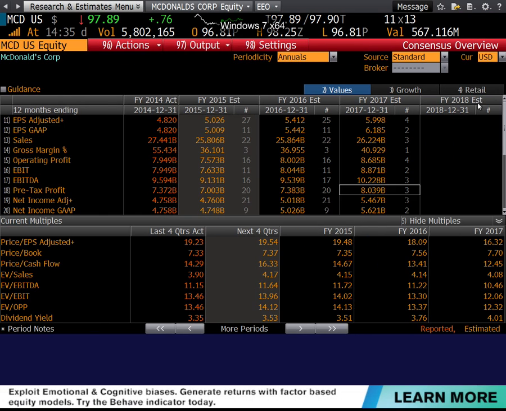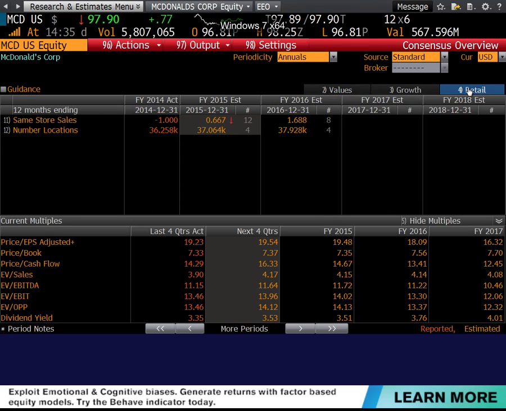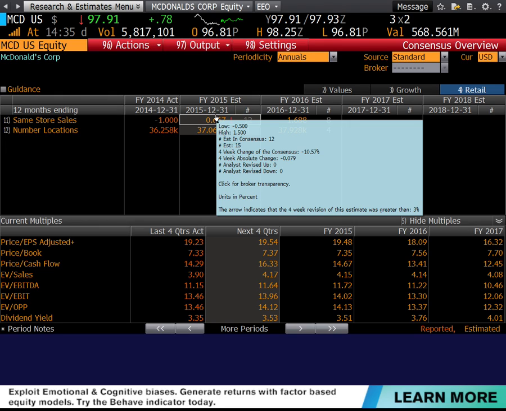Matter of fact, Bloomberg's got this really cool thing called retail comps. And what we can see is that McDonald's has actually been seeing their same-store sales decline. That's the problem, the market is basically seeing same-store sales declining. That was the article in the Wall Street Journal over the weekend. And if you look at the multiples that they're trading at in the marketplace, it's reflective of lower expected growth long-term, which is why their stock price is challenged, which is why their previous CEO was fired.